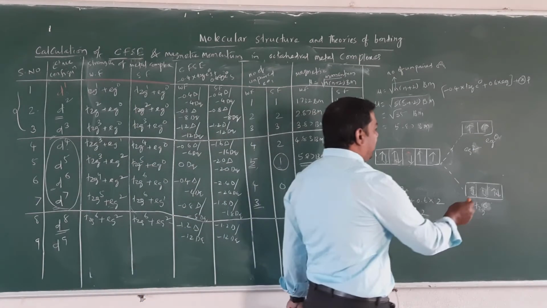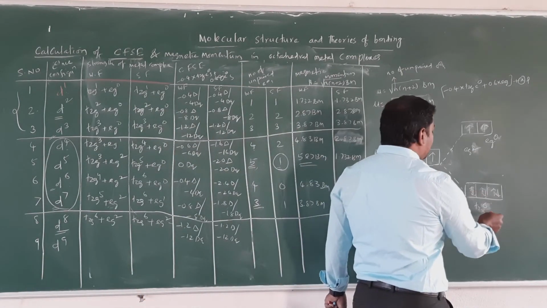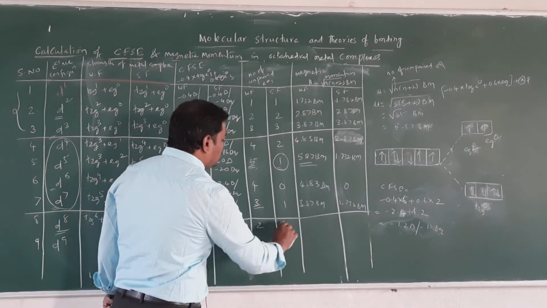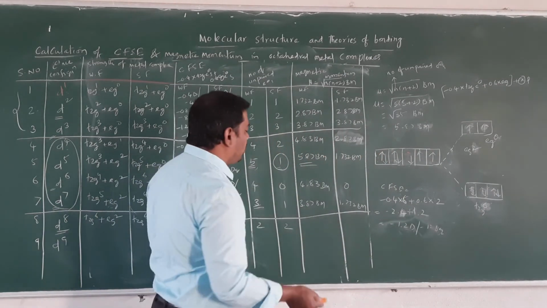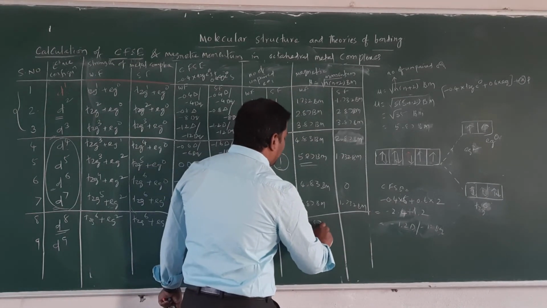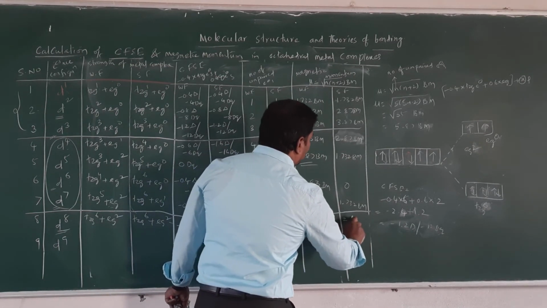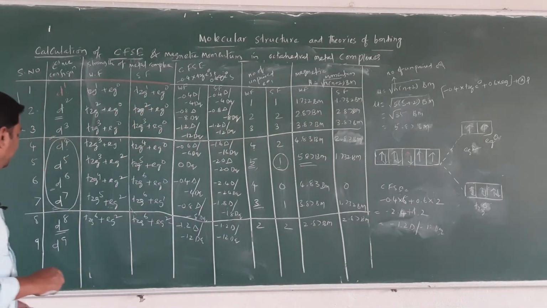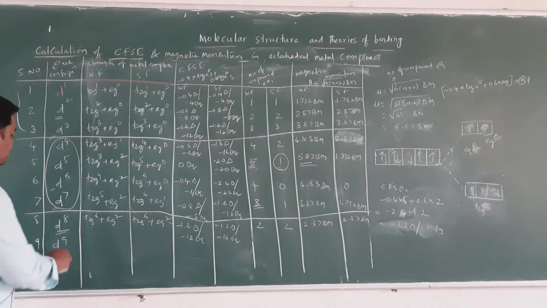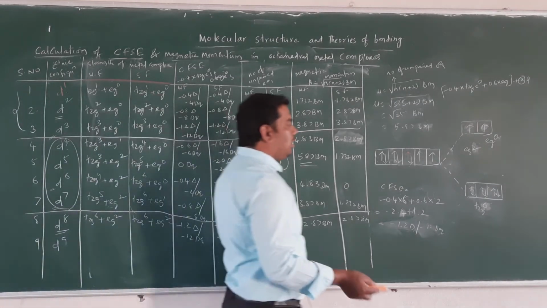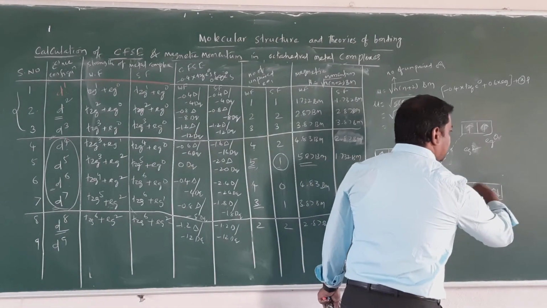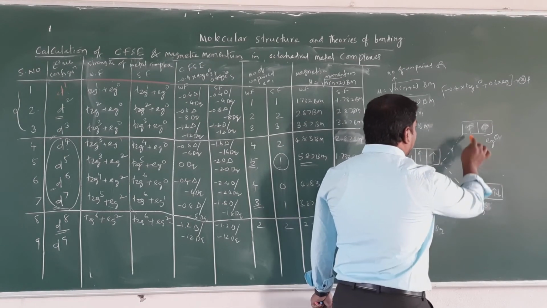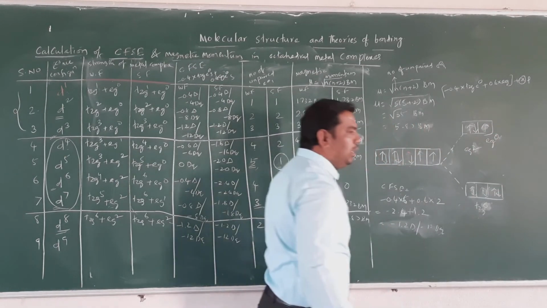For t2g6 eg2, the number of unpaired electrons for weak field and strong field are the same. So the magnetic moment values are also the same, that is 2.87 Bohr magneton. Okay, clear? Right, next we will move to the last, that is the d9 configuration. In d9, t2g6 is already completely filled in both weak field and strong field, so the ninth electron is going to be paired up in the eg level.